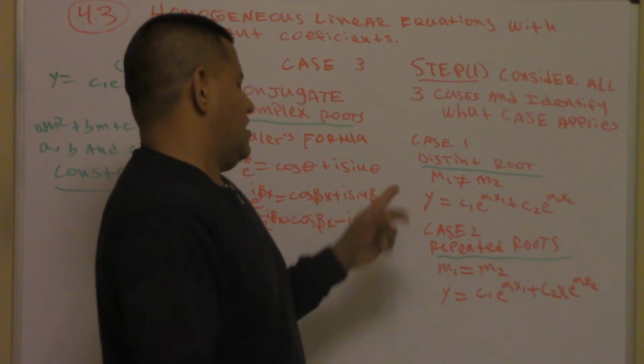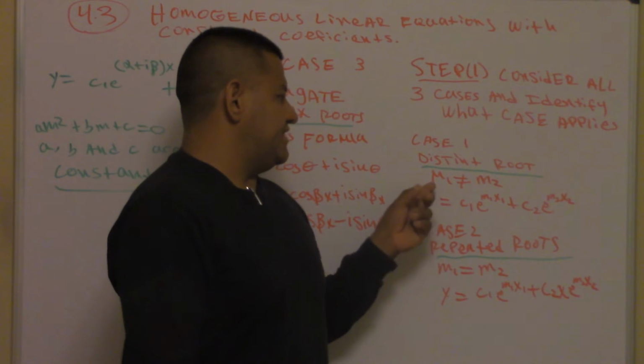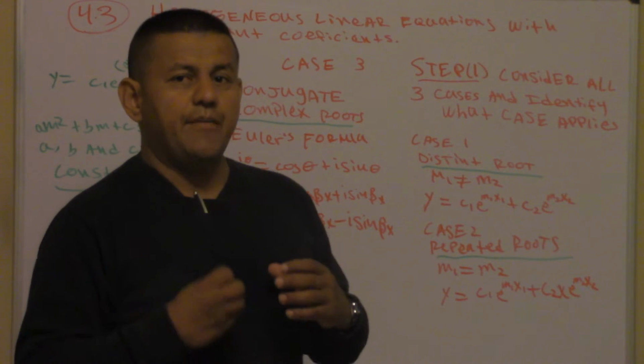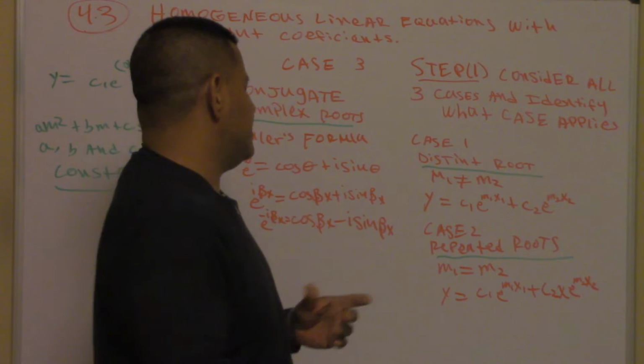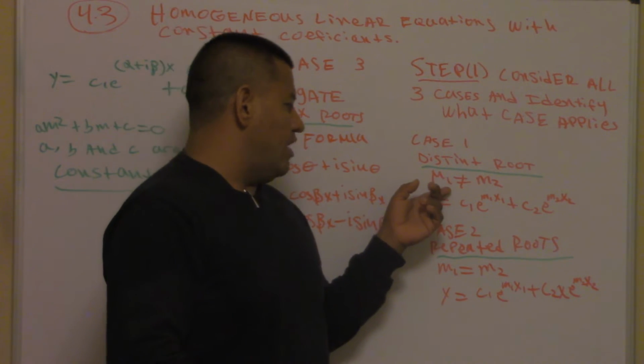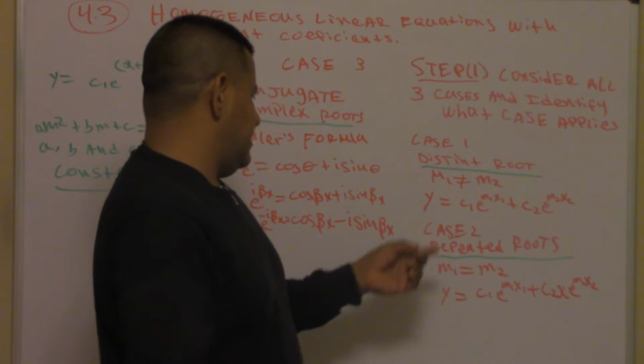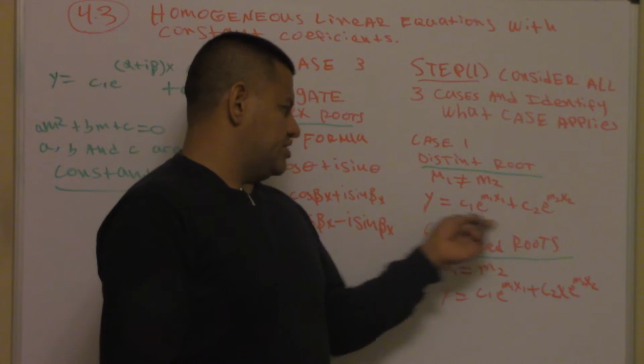Case 1, we have distinct roots, which means the roots will not be the same, so m1 cannot equal m2. And then the solution is going to be